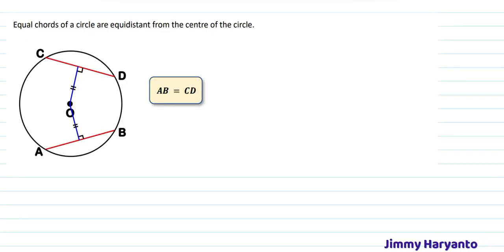Equal chords of a circle are equidistant from the center of the circle. So if you have two chords like AB and also CD, and both of them are equidistant. Equidistant means they are at the same distance from the center, like this. This is D and this is D. If the distance is the same, that means the length of the chord will also be the same. Let's say this one is 5 centimeters, the other one will be 5 centimeters also. So keep that in mind, just in case you will need that later in the calculation.